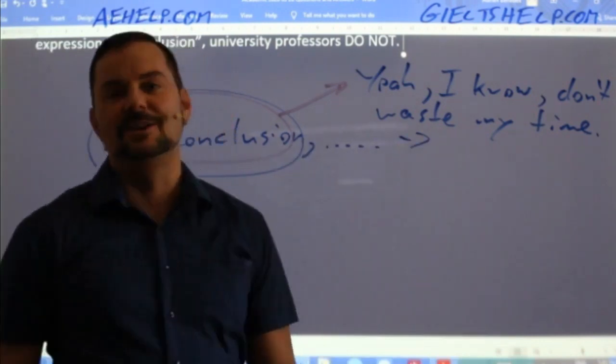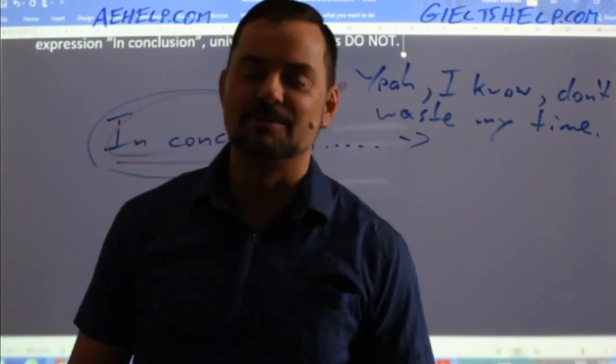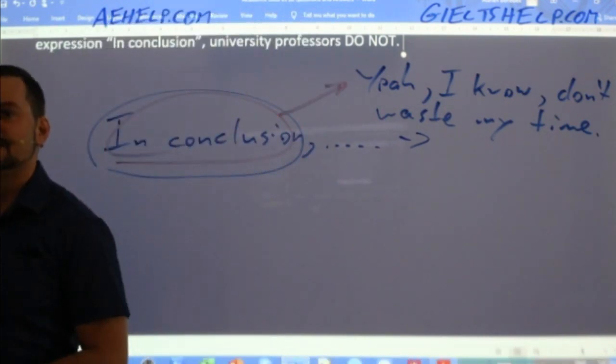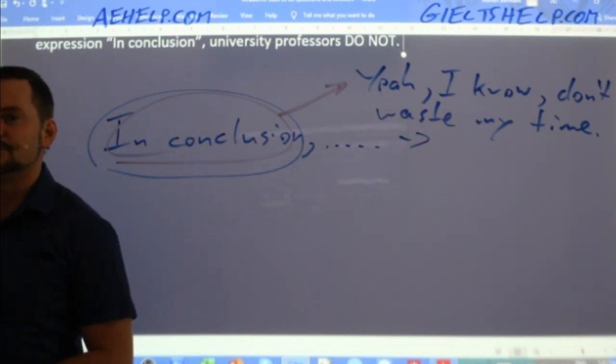So they just keep circling in first year and saying, "Yeah, I know, don't waste my time." By second year, they won't circle it. They'll just drop your percent down by a mark, okay? So kind of a funny fact. But Bhumi, to get back to the point, you won't necessarily lose any marks if you forget to write "in conclusion." You should, but you don't necessarily lose any marks for that, okay? All right, let's go to the next question